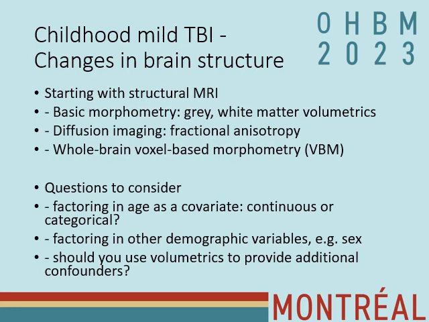So we started off with this data set by looking at the basics. You can pre-process in a variety of softwares these days. In this case, the fundamental use of SPM or FreeSurfer to examine things like volumetrics and grey matter is a good starting point. And further on, looking at things like diffusion-weighted imaging and extracting measures such as fractional anisotropy and voxel-based morphometry